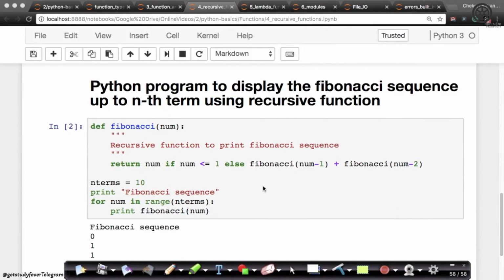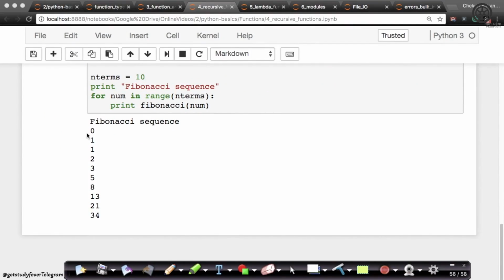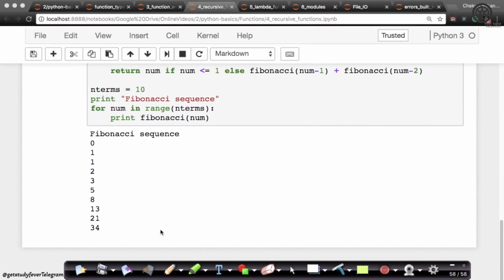So for something called a Fibonacci sequence. And what is a Fibonacci sequence? Let me explain that. Let me show you. Fibonacci of 0 is 0. Fibonacci of 1 is 1. 2 is basically the sum of these two numbers. Okay, now for 3,